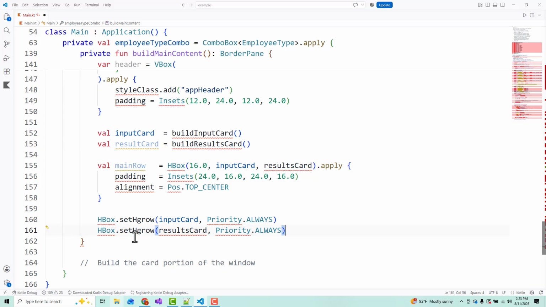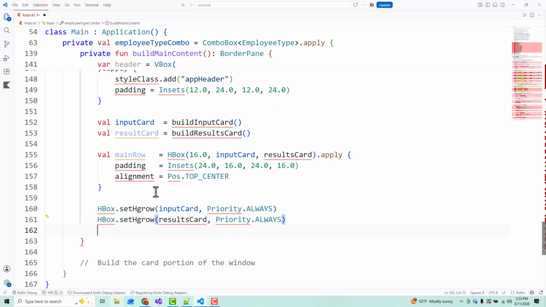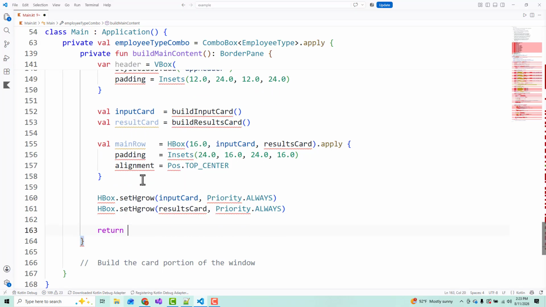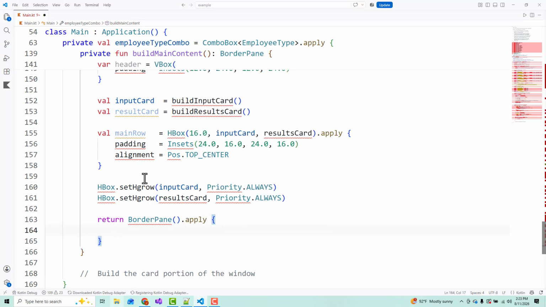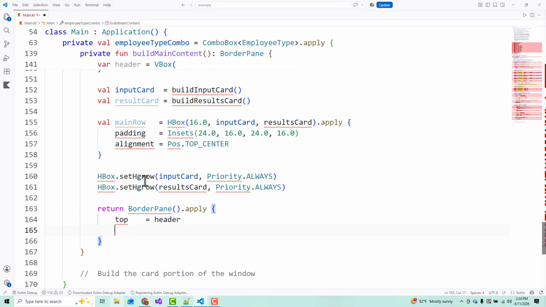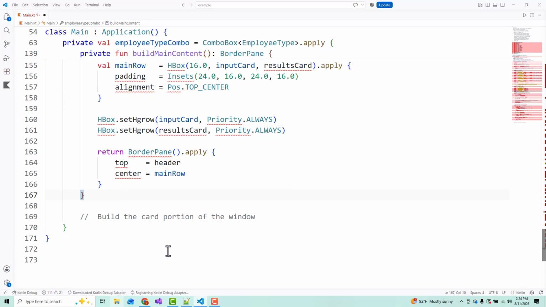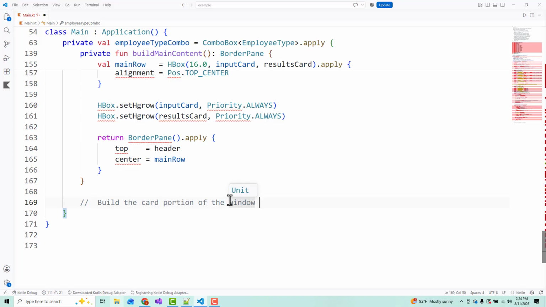And the header will be pinned at the top, and the two cards will fill up the rest of the space. So that's it for this. So now we want to build